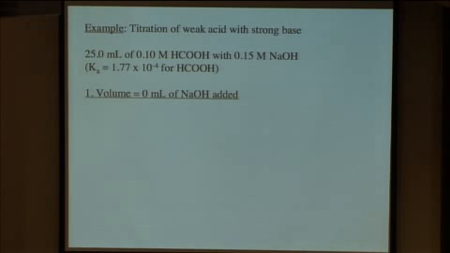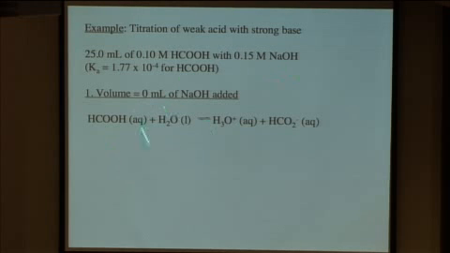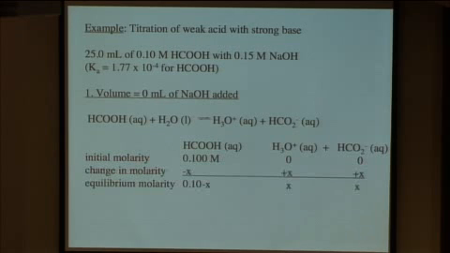So what type of problem is this? It's a weak acid problem. So we know how to write the equation for a weak acid, or for an acid in water. We have the acid in water going to hydronium ions and a conjugate base. So for a weak acid, we're going to use our Ka, and we're going to set up our equilibrium